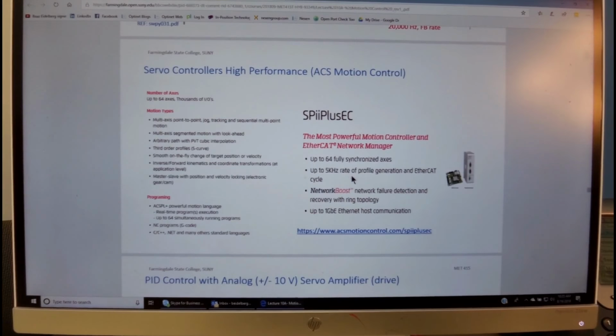Here's an example of a company called ACS that has its own high performance motion controllers using an EtherCAT network, and they can drive up to 64 fully synchronized axes at up to 5 kilohertz rate of function generation.